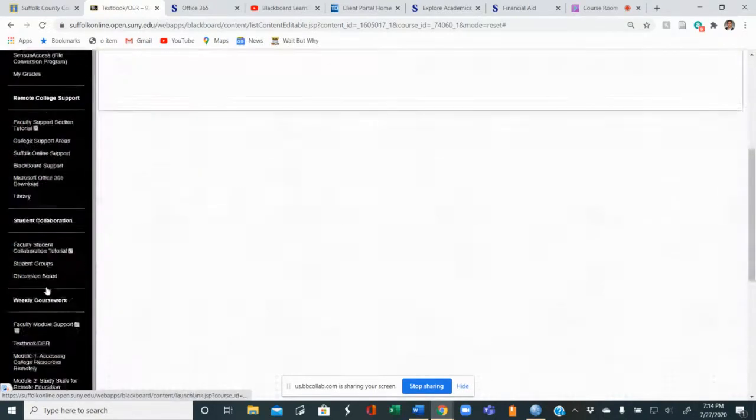And then you can rename these. So this says module 3, but if you click on this little circle and click on rename, you can change it to, you can put a date range in there, you can put a title to it, whatever you want to do. And inside each one of these modules, we've also added a